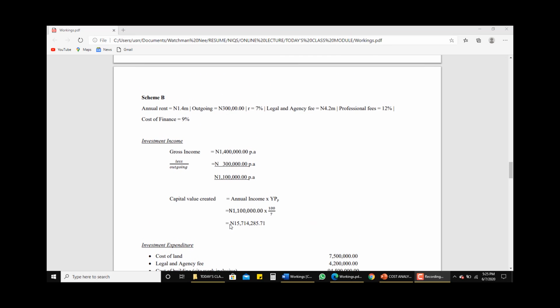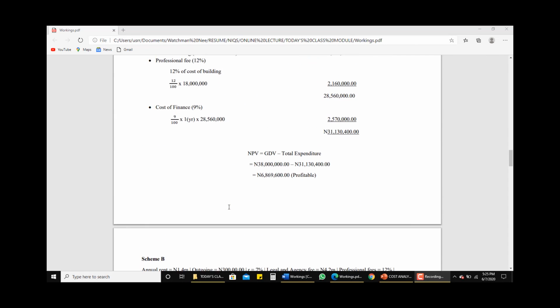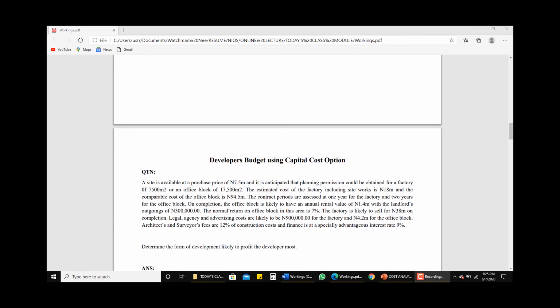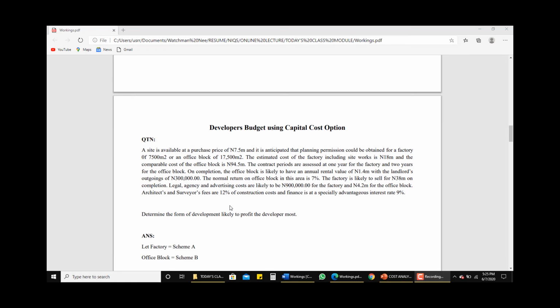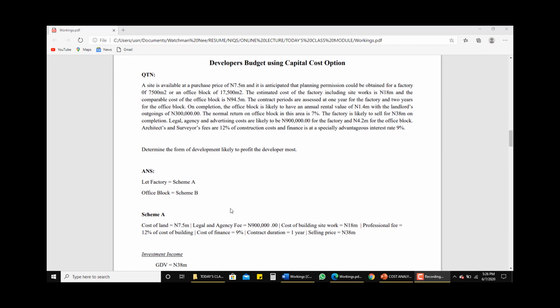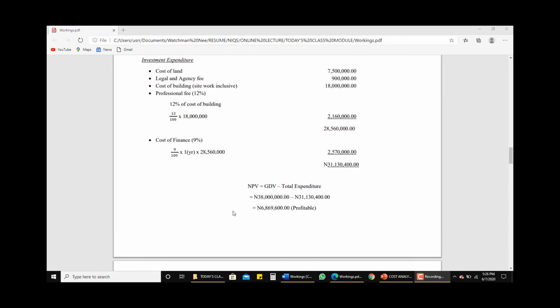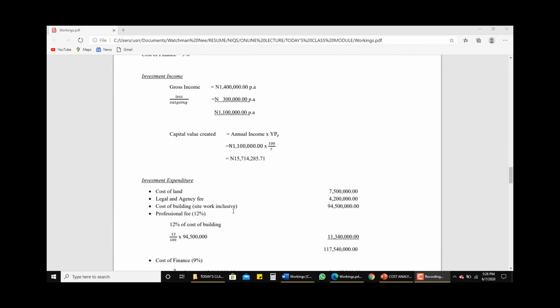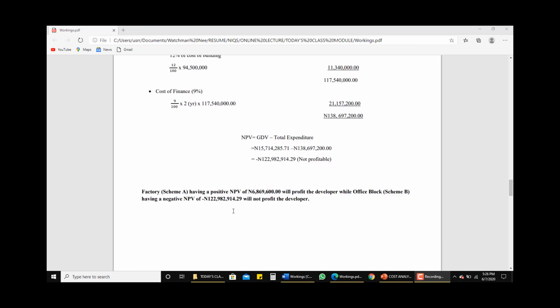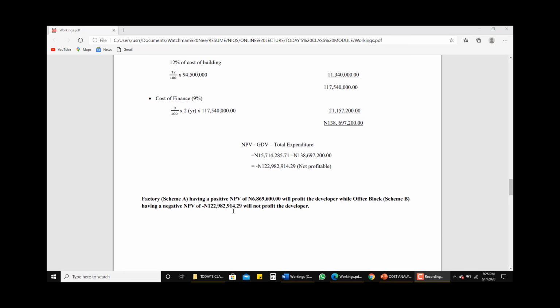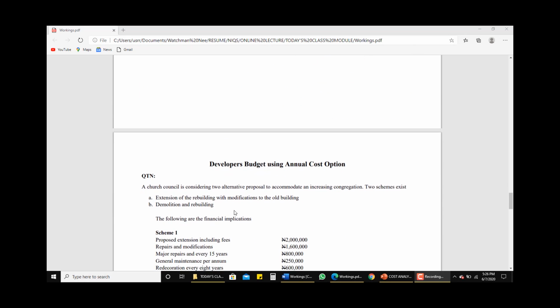So we could see here that with a developer's budget, we could ascertain whether a particular scheme will profit the developer or not, or even the one that will profit the most. But in this case, we could see that the factory, which is scheme A, is what profits the developer and not scheme B. So now let's go to